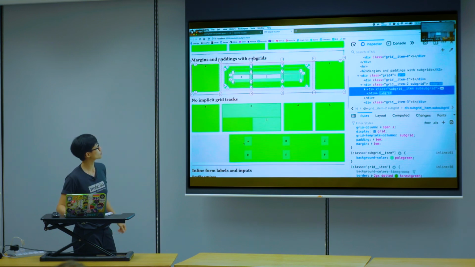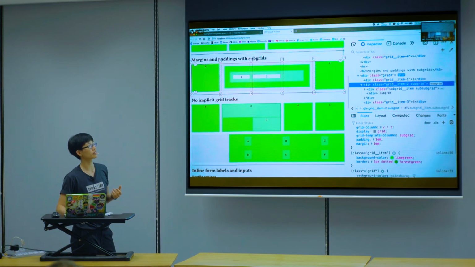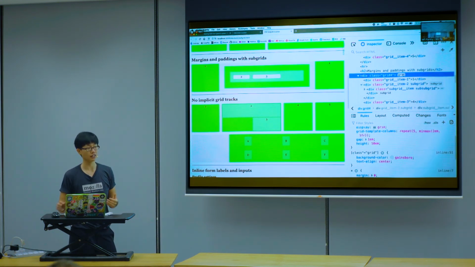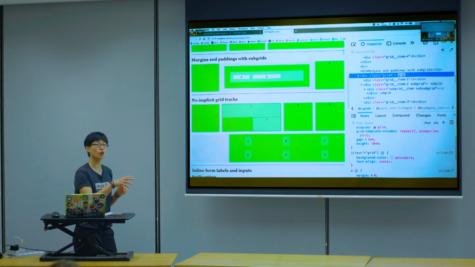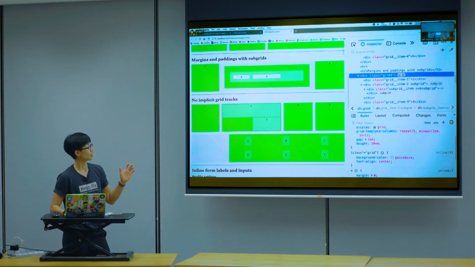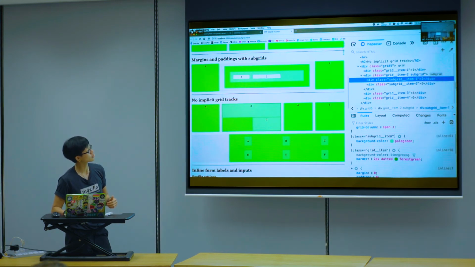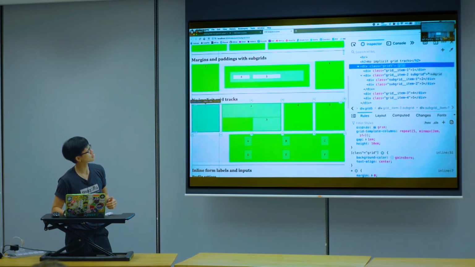One more thing is there's no implicit grid tracks. Okay, so the way grid works is that if you have items that fall beyond your defined grid, the browser will automatically generate more tracks for the item to fit in. But when you're using subgrid, you cannot define more cells than your subgrid covers. So we highlight here, and you can see this is a grid, and this is a subgrid.